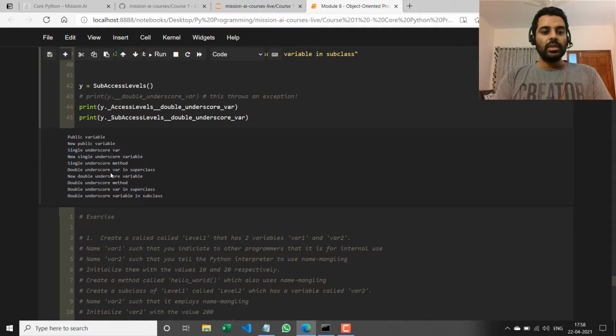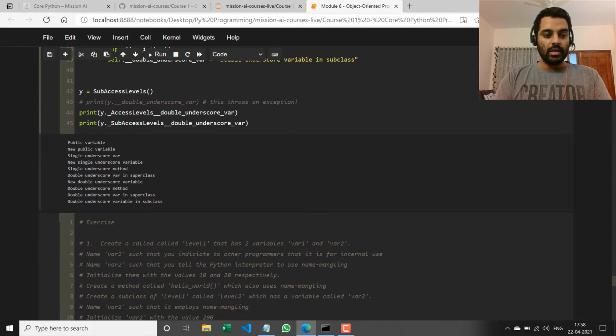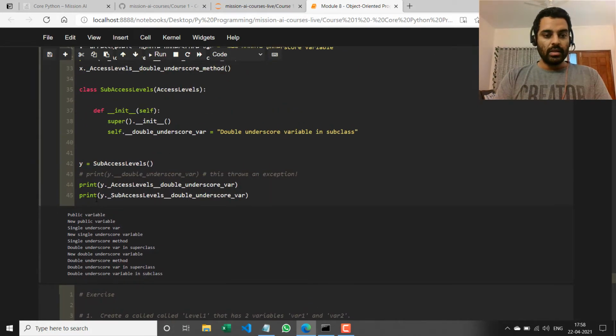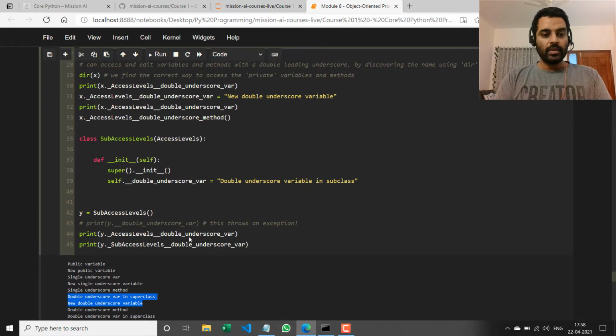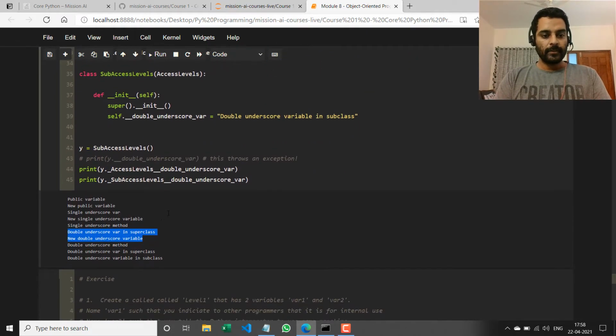Then we get to the double underscore part, which is the double underscore variable in superclass and the double underscore variable with the new value. And here we get the output from the double underscore method.